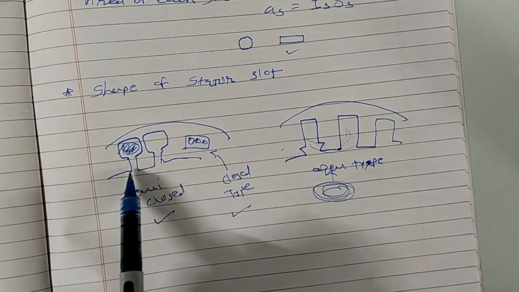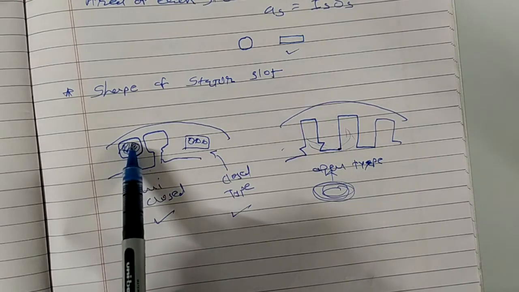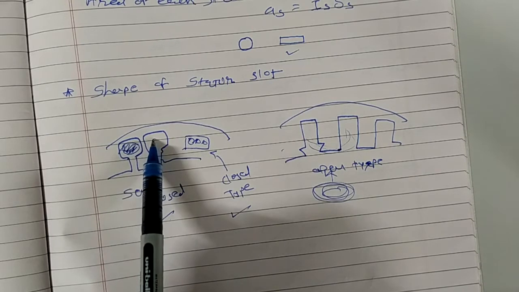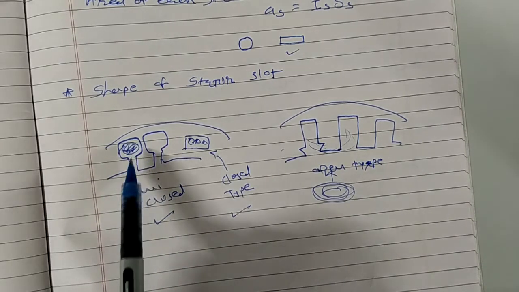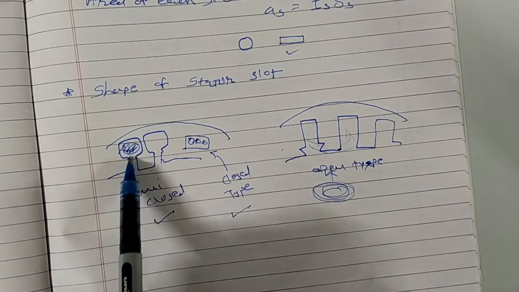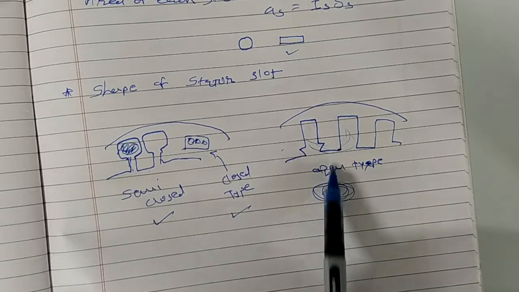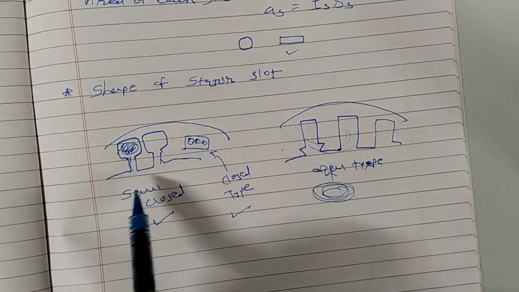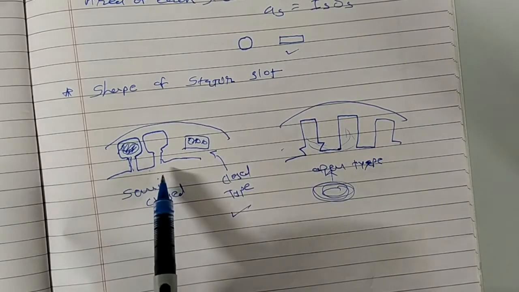Because what happens over here, you can see the area is smaller and over here the area is bigger. Of course our conductor is going to be accommodated over here, so it has a bigger size, so we cannot take this bigger size conductor through this narrow path. So this kind of a formerly wound winding we cannot insert. In open type of slot we can insert, in this type of slot we cannot do it. So it is the problem.